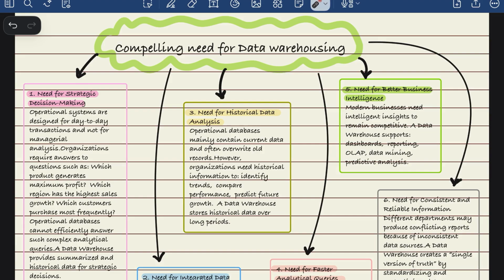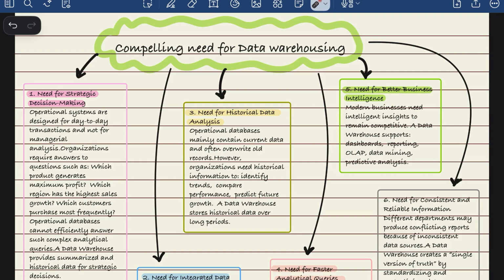Okay, I think you are keeping up with me. Are you guys tracking me? All right. After the 6th point, I will just speak out the 7th, 8th, 9th and 10th points, and you will jot them down in your notebooks. I will see who is active and who is not.